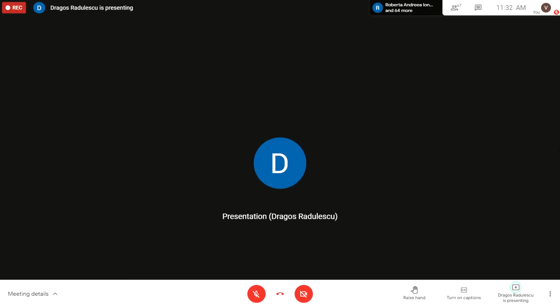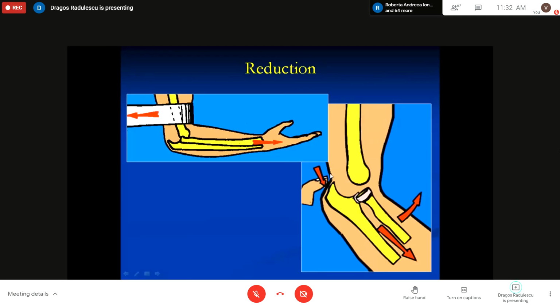The examiner places one hand on the elbow, trying to palpate the olecranon tip, and the other hand of the examiner is placed on the wrist. And what you need to do is, with your finger that palpates the olecranon, do traction in the direction of the arm. So you need to do a traction distally of the arm, trying to lower the tip of the olecranon and also the coronoid process